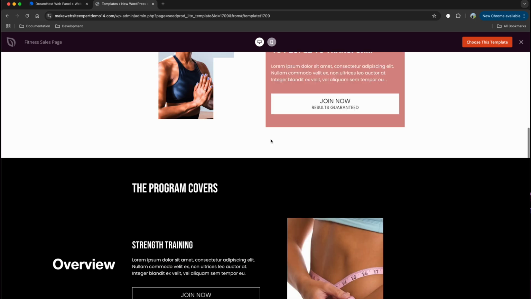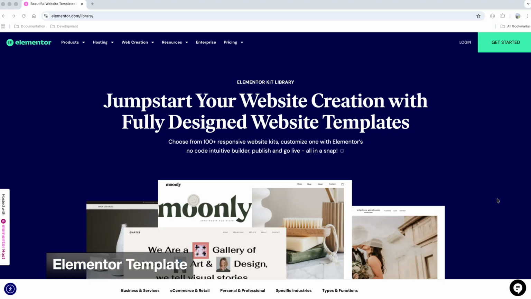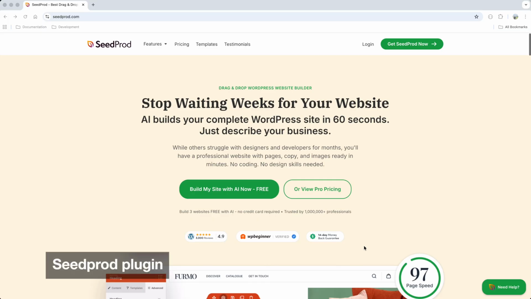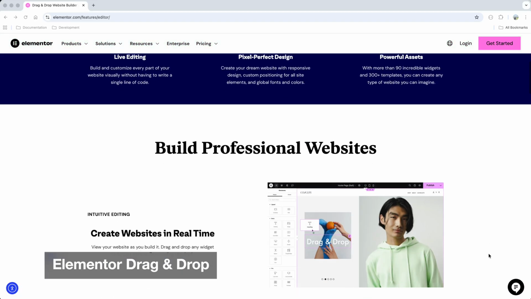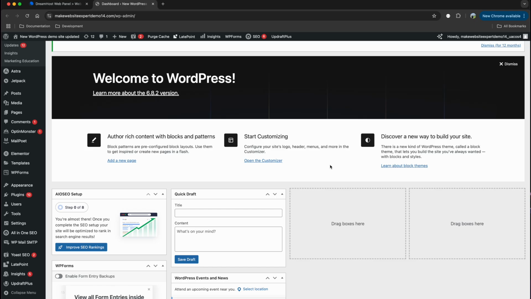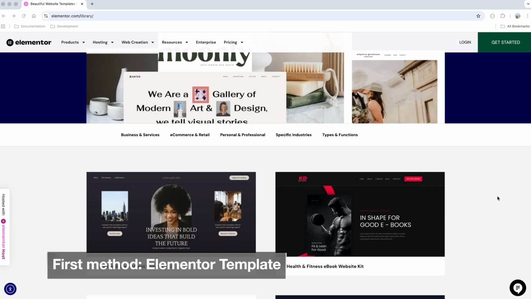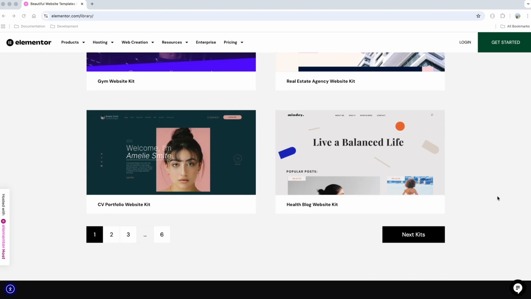Hey everyone, I'll show you 3 easy ways to build a WordPress landing page, no coding. First one is Elementor templates. Second, using a plugin, SeedProd, completely free, not sponsored. Last one is building one landing page from scratch using Elementor's drag and drop. Let's jump right in. First up, let's use Elementor templates, a quick and easy way to build a landing page